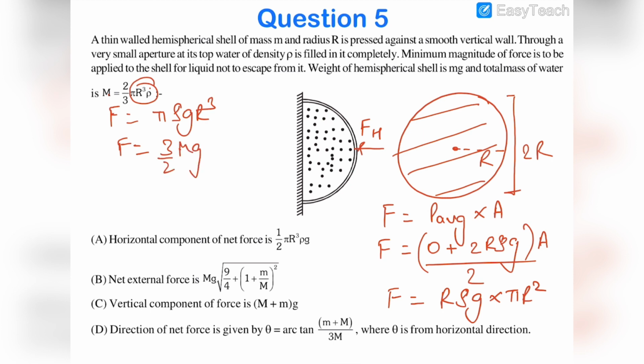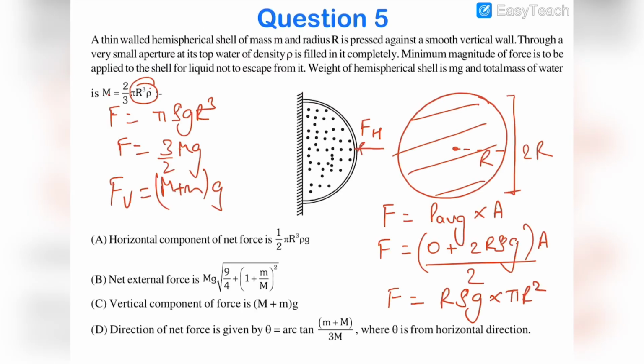Okay, so this is the horizontal component of force, and the vertical component of the force would be equal to M plus m g. Obviously, we have to balance the mg of both of them. So the net force would be equal to under root of, let us use a new page. So net force would be equal to under root of F vertical squared plus F horizontal squared, and